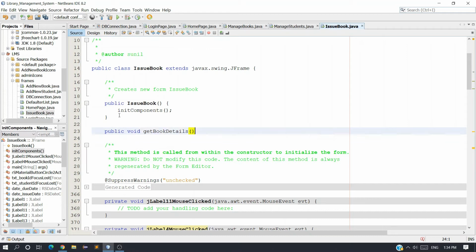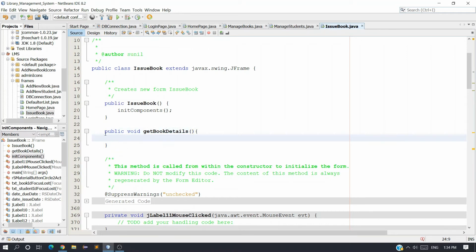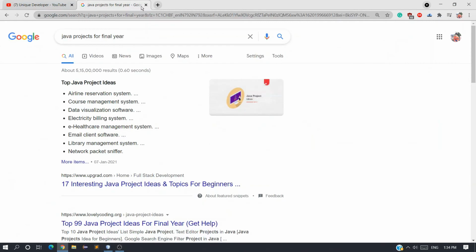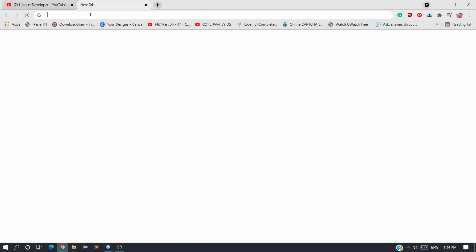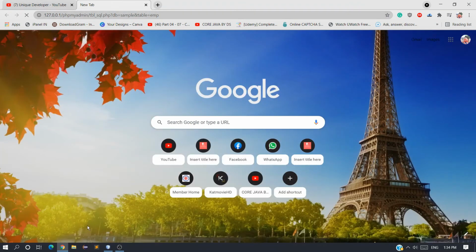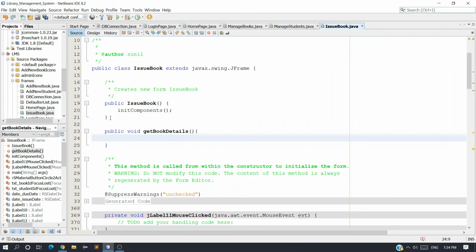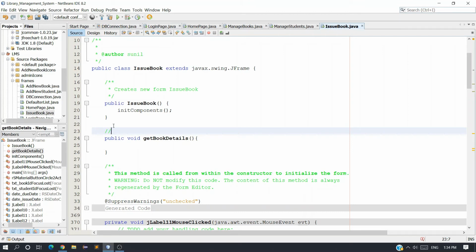What this method will do, this method will fetch the book details from the book details table. Let me open my database, so 127, and this method will fetch the details. So just provide a comment also to fetch the book details from the database and display it to the book details panel.